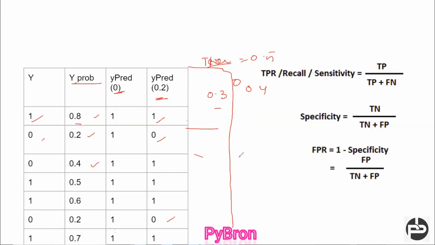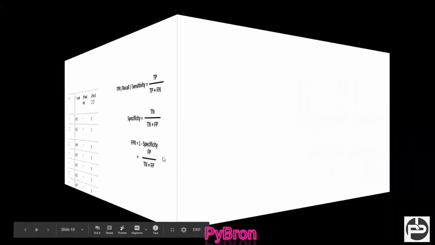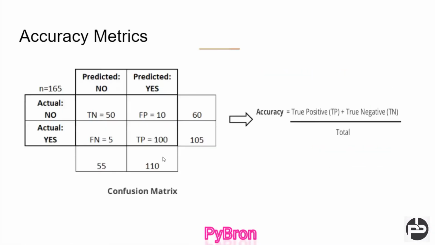Now I'm going to calculate one more thing, the true positive rate. What is the true positive rate? Let's understand the true positive rate first. If you go to my previous slide, let me go to the previous slide. What is the true positive rate? In this case, if you look at this confusion matrix,